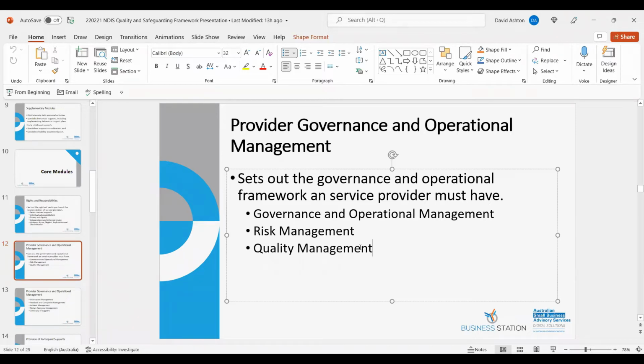Information security management. So this is your record keeping and privacy. You need to respect the privacy of your clients. So you need to have policies and procedures around how you manage your information, how you protect it, how you store it, and the like. So you need to obtain consent to collect information. You need to inform your participants on how their information is stored and used.